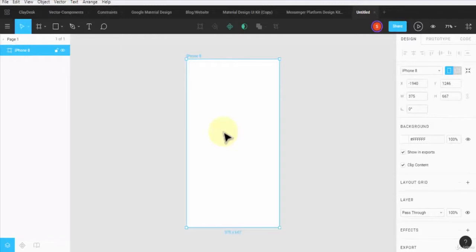Now, a couple of ways I could do it. Of course, we've been doing it by importing images and so on. I could also use existing kits, right? So I could have like Messenger Platform Kit. I have the Material Design UI kit. You can get these from figmaresources.com. I've also created a lecture towards the end of the course you can take a look at. They'll give you several resources. I've also provided you with the zip file so you can download all of these, okay? So not to worry. But let's explore what those are, and then we'll come back to our frame itself here,